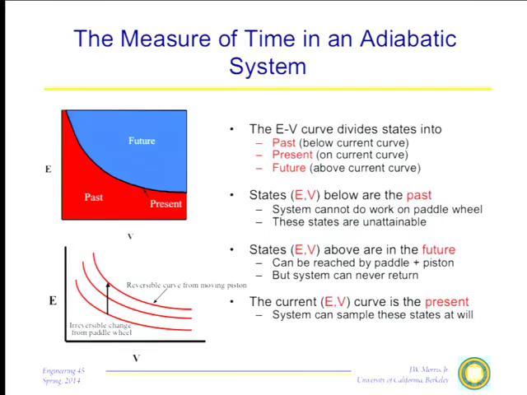These states up here are in the future. I can go to them by turning the paddle wheel at fixed volume, but if I do go to them, I can't come back again. So this curve that designates the states that I can now get to by reversible process separates the past from the future. If I look at the succession of such curves, to each one of those curves I can assign a parameter. I can say, let me, for example, assign a reading of time. Since this lower curve must precede the second curve, must precede the third curve, let me call this time 1, time 2, and time 3.